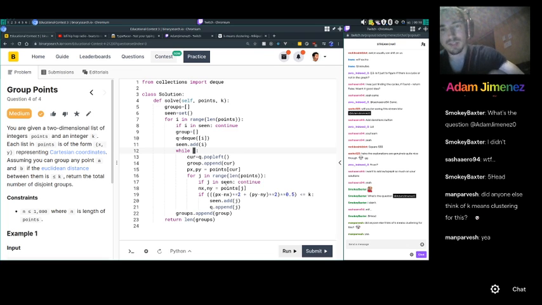So this one, I'm not sure if it's n squared, since I guess if every point is apart by k, you have to do n squared, so it would be n squared. Actually, is it worse than n squared? Maybe it's even worse than that, because each time you add a point in the queue, you iterate over every point. So I'm not actually sure what the time complexity would be in this case.